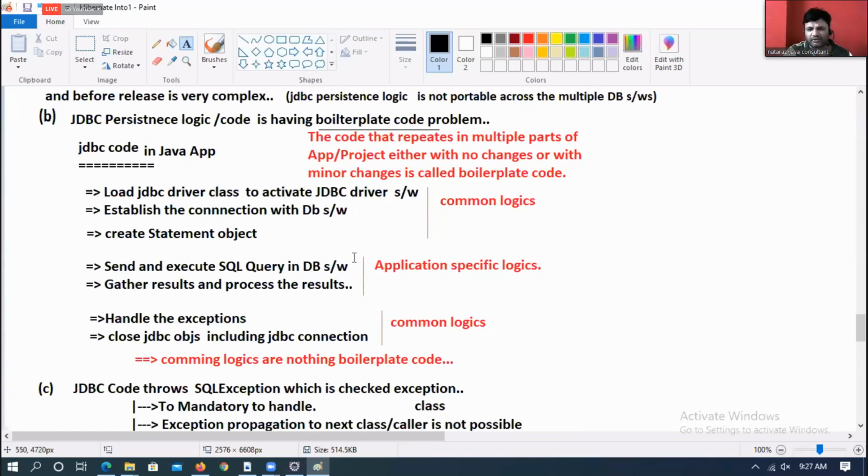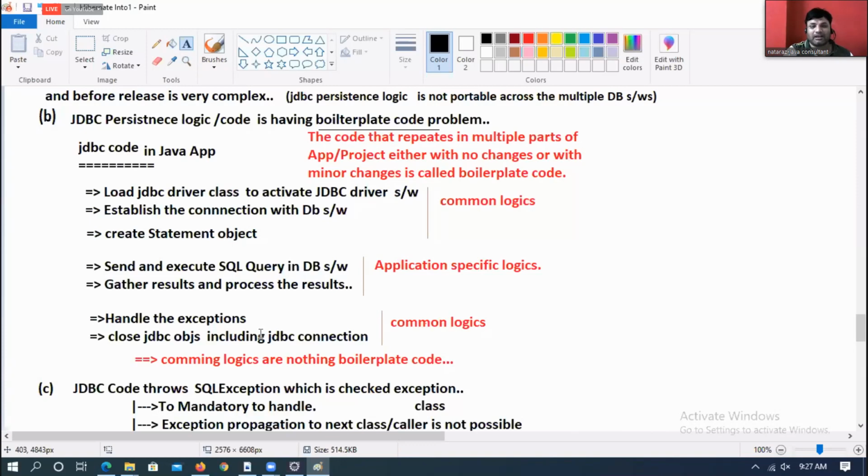Handling exceptions will be there. Connection closing also will be there. These are common logic every JDBC application contains. But the logic dealing with queries and other stuff will change from application to application.